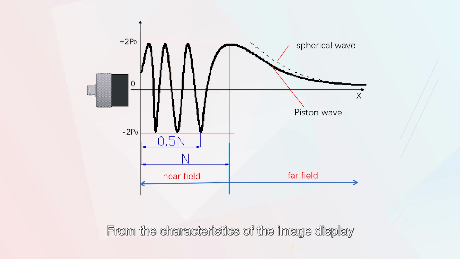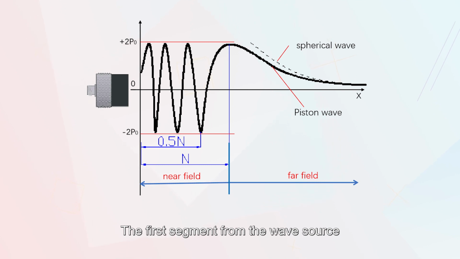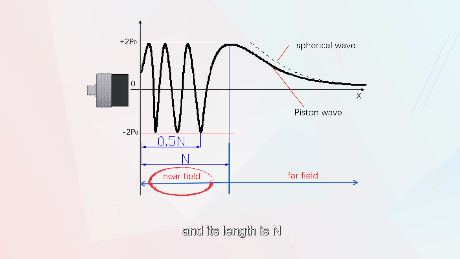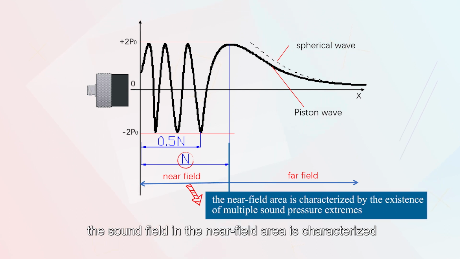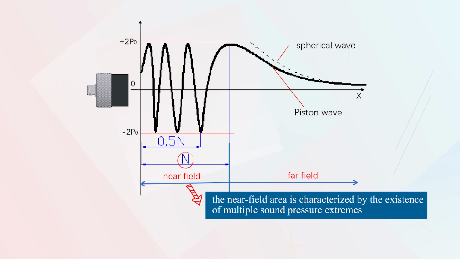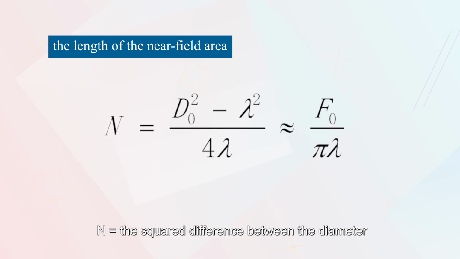From the characteristics of the image, the ultrasonic field can be divided into two sections. The first segment from the wave source to the last maximum sound pressure point is called the near field region, and its length is N. Obviously, the near field area is characterized by the existence of multiple sound pressure extremes, which is more complicated. After theoretical calculation, the length of the near field area N